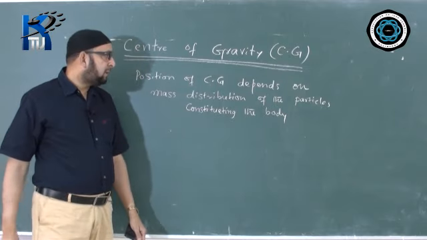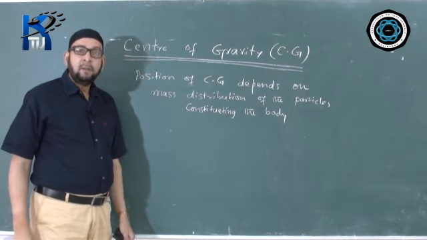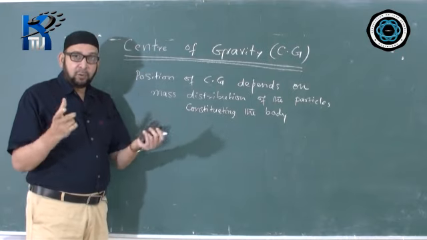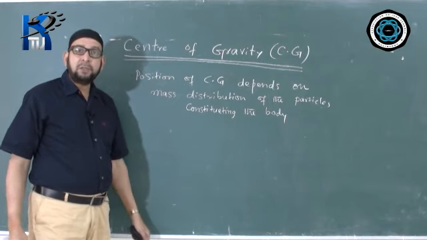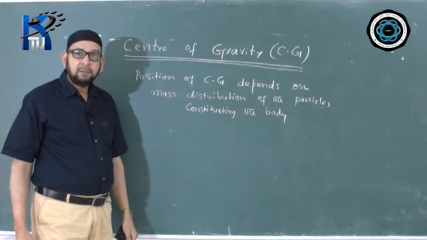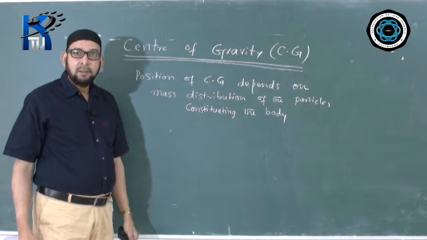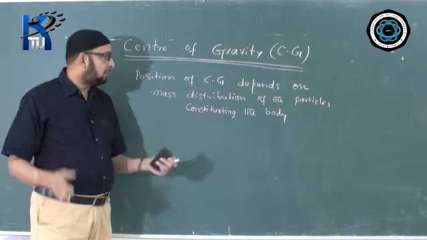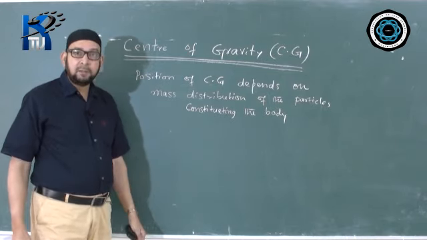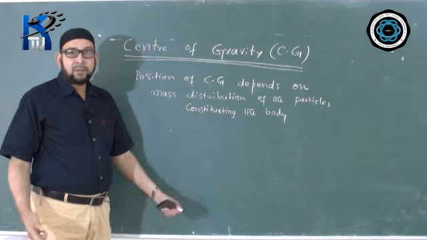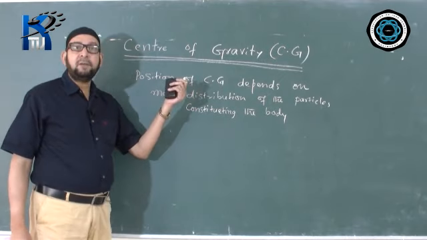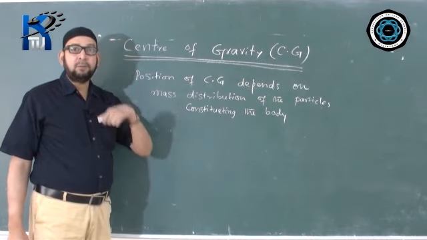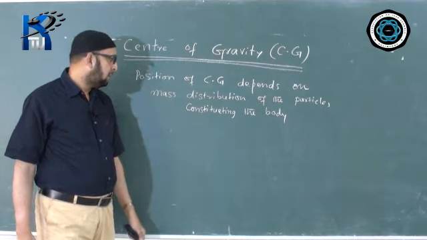I remember one year in ICC they had given this question: if a body is deformed or if the shape of the body is changed, will the position of CG of the body change? The answer is yes, because by doing so the mass distribution of the particles in the body changes, and so does the position of CG. So position of CG will change when a body is deformed or when the shape of the body is changed.